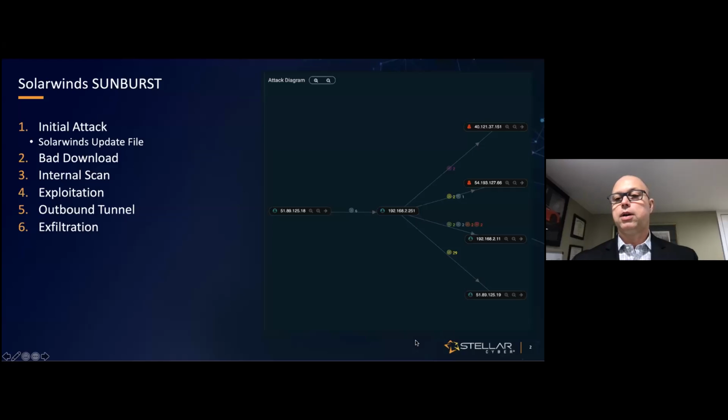internal network for different things to go after. Then they start dropping their exploits. And this is normally done very low and slow after hours so that people watching the network don't notice. And eventually you'll see maybe an outbound tunnel and exfiltration. So what you're looking at here on the right is an actual Sunburst attack that we had with one of our